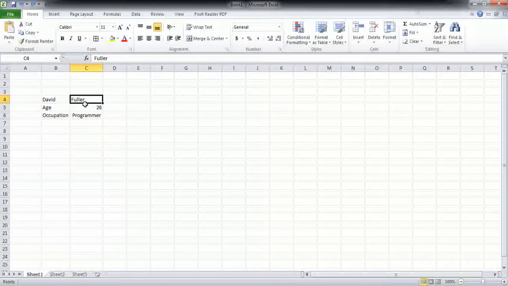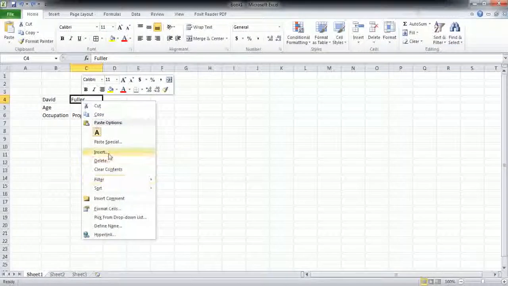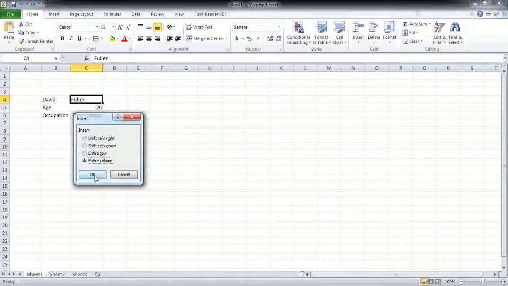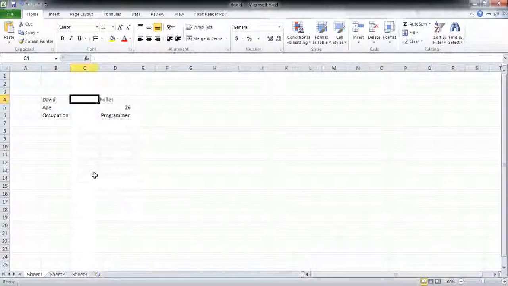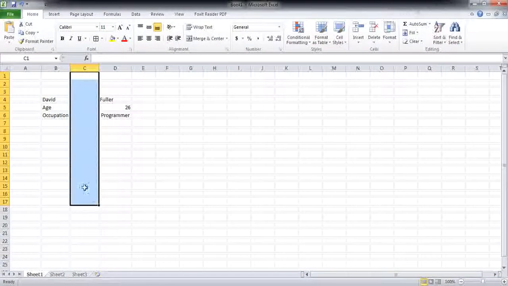So we randomly select a cell in the C column, right click on it, go to the insert option and select the entire column. Now hitting the OK button would present us with a new column between the B and C columns. There you go. So there is a new column between the two columns existing over here.